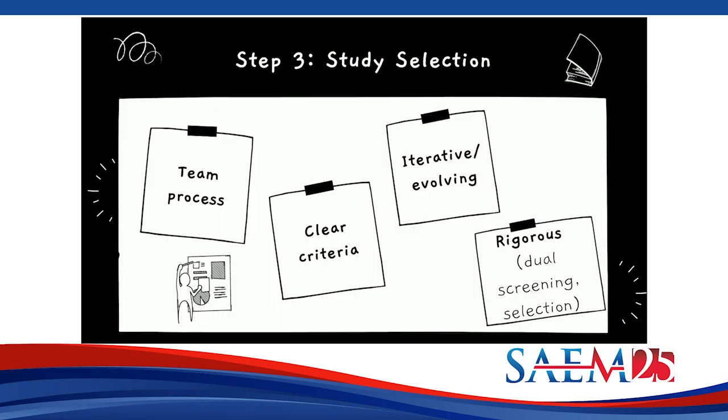Select your study. So study selection is a team process. It's always at least 2 people. The reason you have 2 people is that you're going through a lot of articles. There's a good chance that when you're tired, you're going to misclick, or maybe you have an intellectual bias and we don't think about an article. We say, I don't think that one meets it. But when you have 2 people, you double the chances that you're not going to miss an article or accidentally exclude it. It also allows you to make sure you're on the same page and you're vetting this